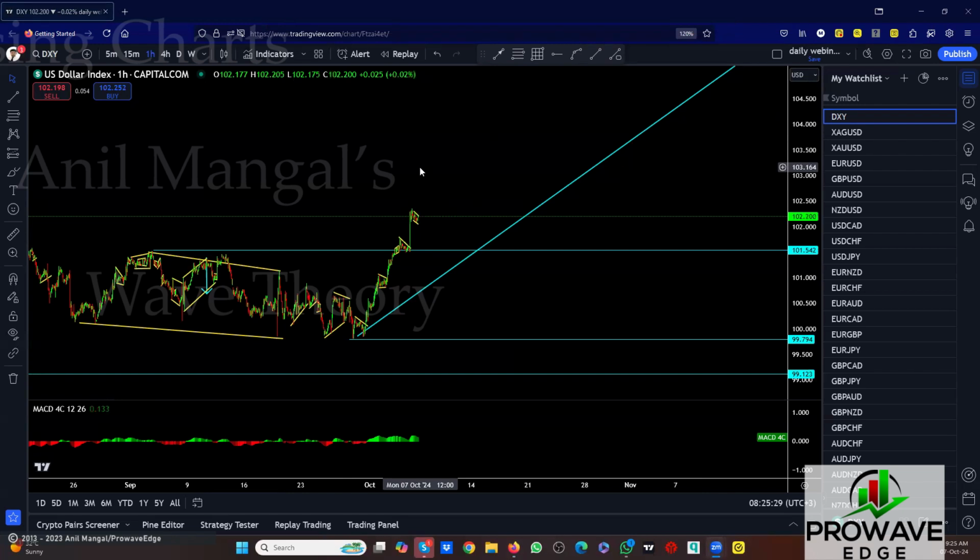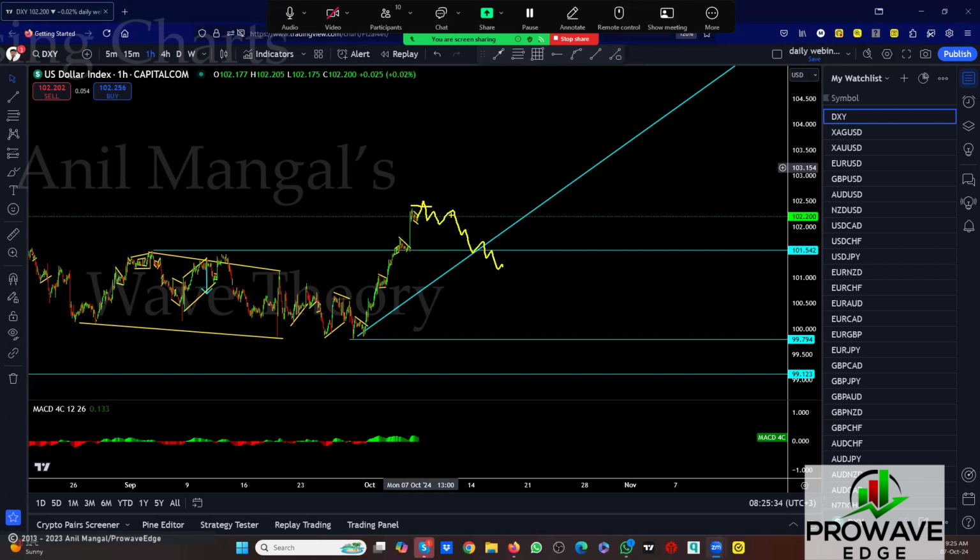The question is, will it break the top? And if it breaks the top, should you buy it? See, this is where traders get problems with wave analysis too. They put a buy here, it comes here, it tags them, then it pulls back and just starts doing this. And they're like, okay, pullback, it's going to go. And then it keeps coming and it keeps coming and it keeps coming. And by then you lose your trade and you watch that happen.